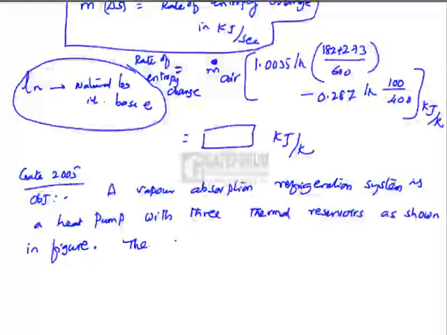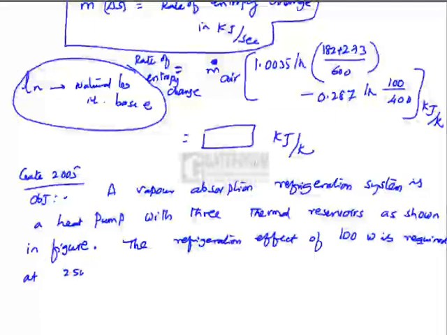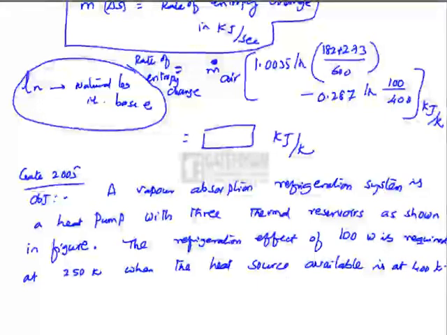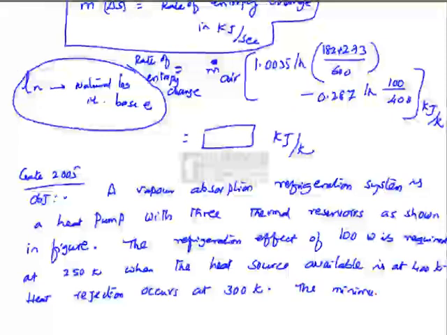The refrigeration effect of 100 watts is required at 250 Kelvin when the heat source available is at 400 K. Heat rejection occurs at 300 K. The minimum value of heat required in watts is,